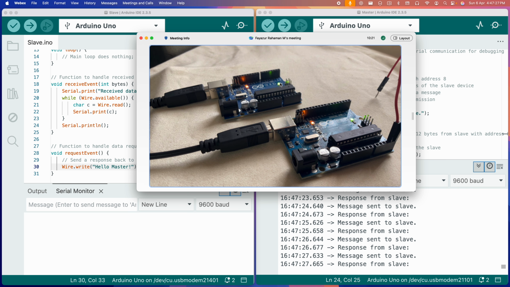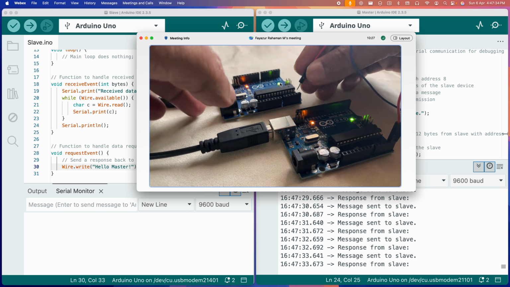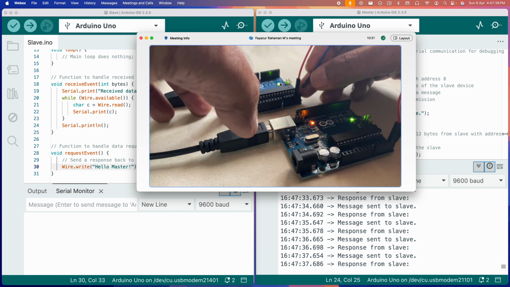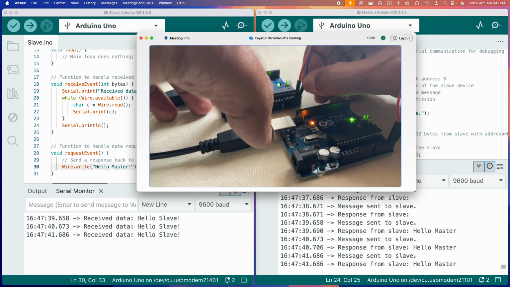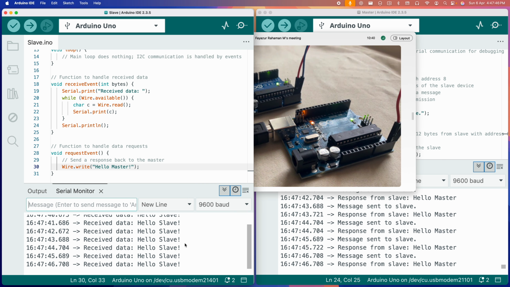Let me go to the setup. I'm using the jumper wires, A4 being connected to A4. Likewise, A5 being connected to A5. So they are connected. Now you can see, as soon as they're connected,